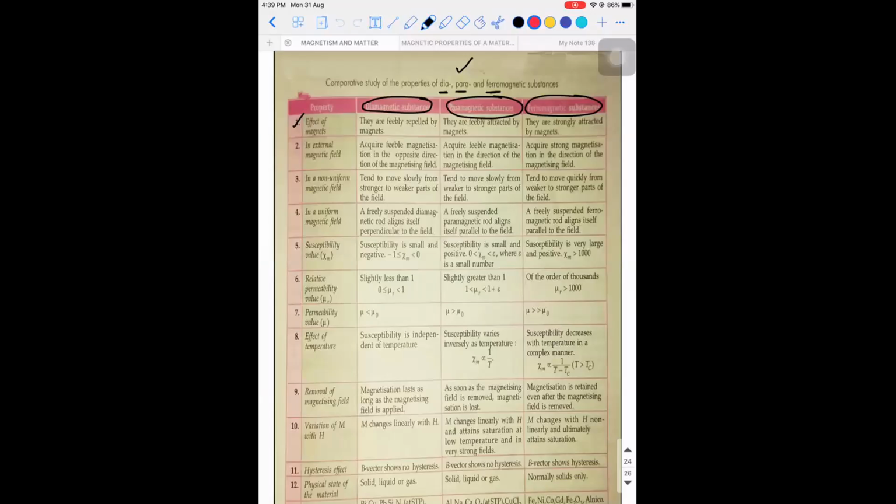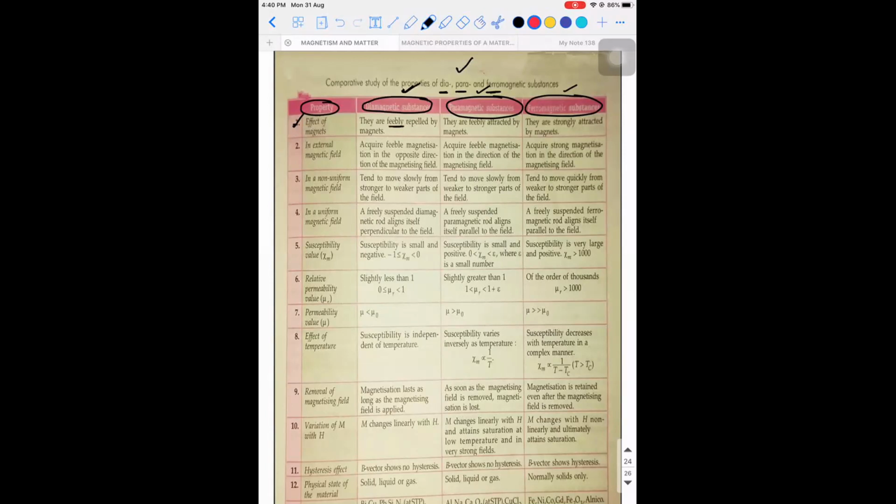Okay. So I was saying we will see the property, and to the property we'll see a diamagnetic, paramagnetic, and a ferromagnetic substance behavior. So in the effect of magnets, in the presence of external magnetic field, when a magnet was taken close to water, water is a diamagnetic substance, what happened to it? Did it attract or repel? It was repelling. The question is, did it happen very spontaneously? That is, was it a very fast process or a slow process? So experimentally we saw, right? Since it's a slow process, there is a feeble repulsion exhibited by the magnet.